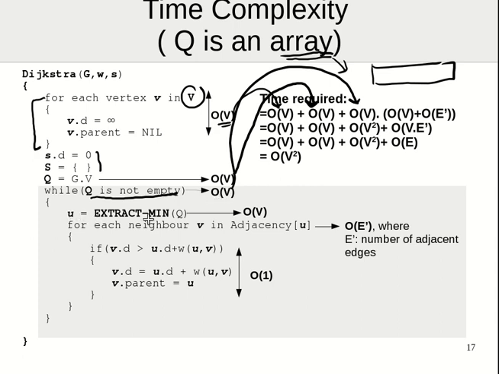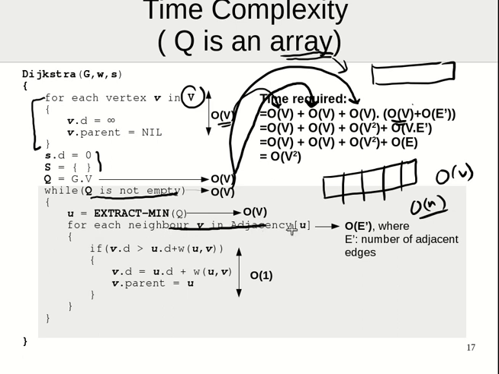And extract min. In a given array, a simple 1D array, if there are V number of nodes, extracting the minimum will take order of V. If there are n elements in an array, extracting the minimum will take order of n. So it's order of V to find the minimum. This is order of V for finding the minimum, plus order of V, plus